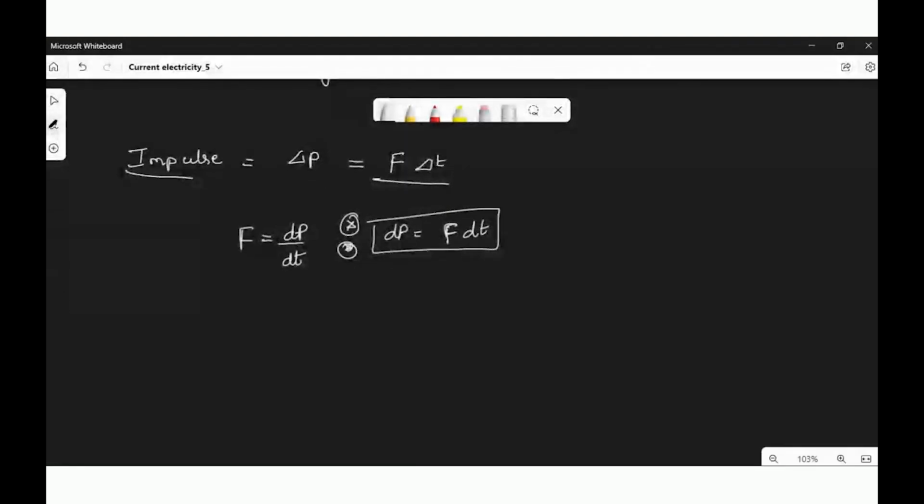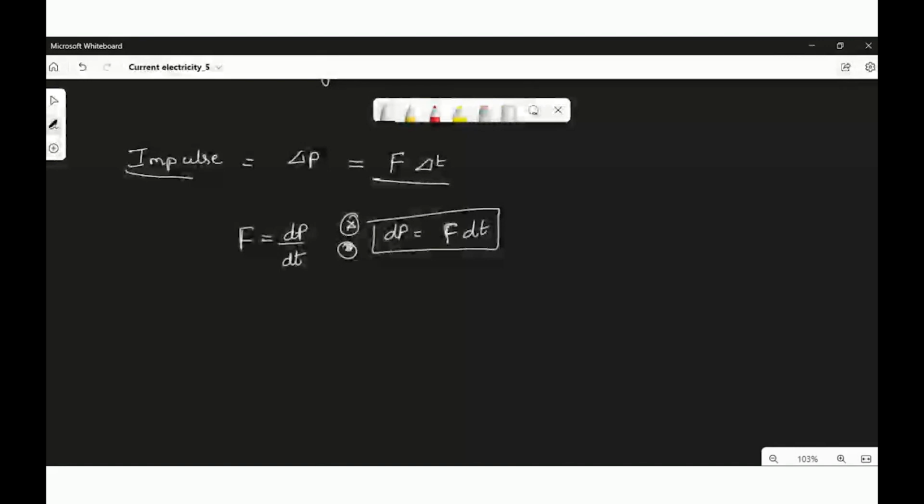There is one example again, example 5.4. That is also one example. When a cricketer hits a ball, the duration in which the ball is in contact with the bat is very small. But definitely he puts in so much effort that the ball can go for a 4 or a 6, some far distance. Definitely you see a large change in momentum.